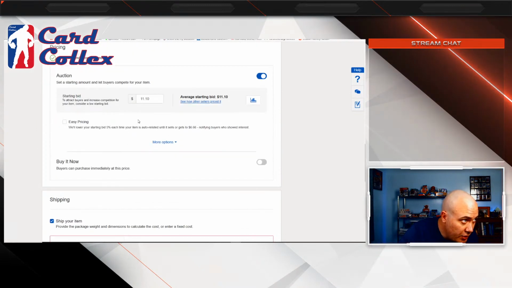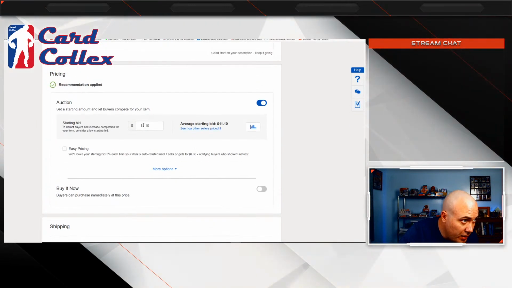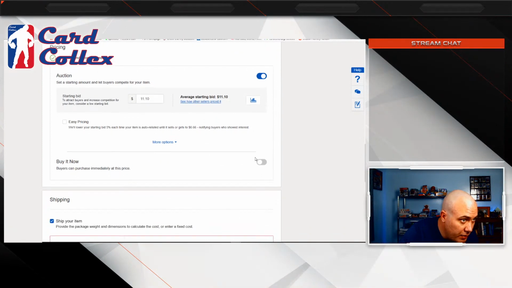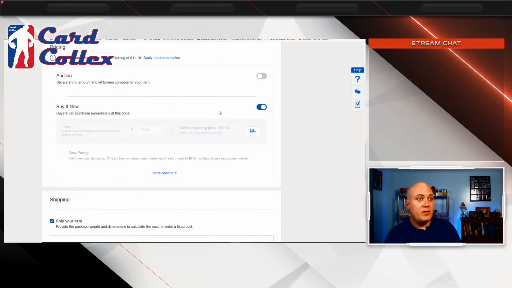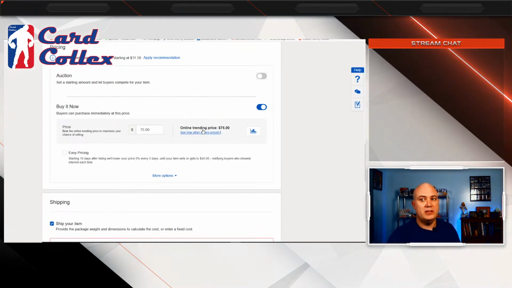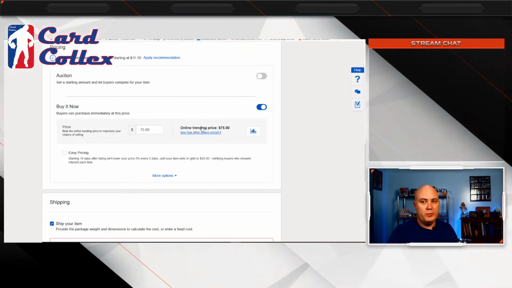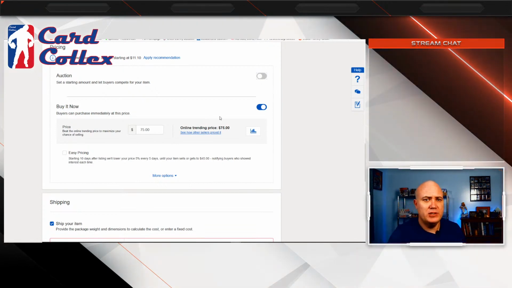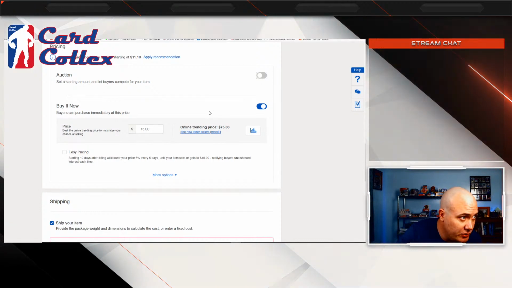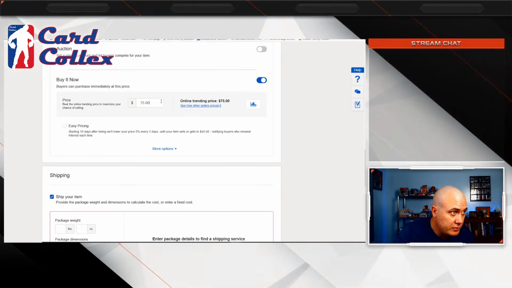Okay. So I'm going to do buy it nows for these. I'm not going to do an auction. Definitely if you want to just sell stuff quickly, auction's the best way to go. But I don't typically get in much of a hurry. I normally do buy it nows. Let's see, price $19.99.